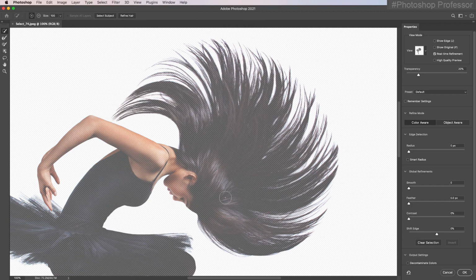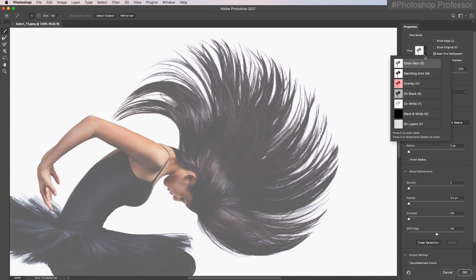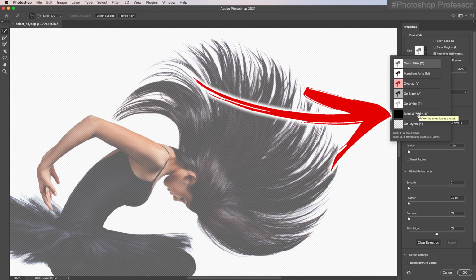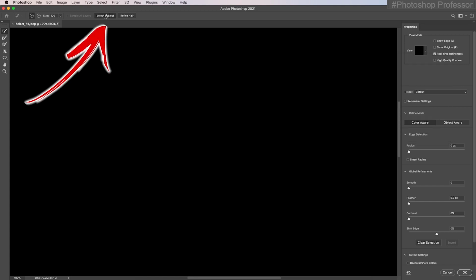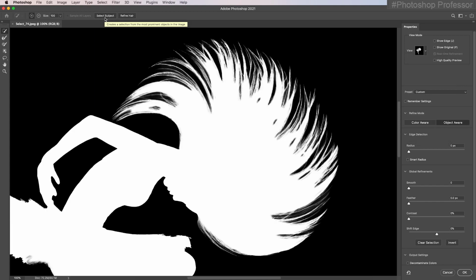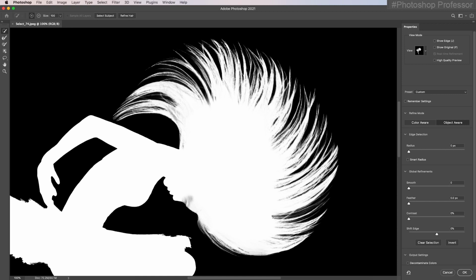Notice this huge interface. We can't see quite what's going on because in my view, it's on onion skin, which is great if you have a layer beneath and you're ready to go, but I'm not there. So I'm going to put this on black and white so that we can really see the magic. And I'm just going to hit select subject. Photoshop is going to figure out what the subject is. Okay, and it's done a really good job. But this button is new. Watch what happens when I hit the refine hair button. Isn't that amazing? I mean, for 2 years, we've been using this refine edge brush tool right here to paint